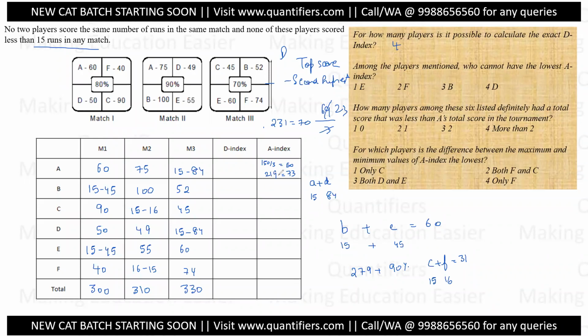समझ आया मैं कैसे लिखा ये बात? आपको बार बार मेहनत करने की जरूरत नहीं है. आपको पता है बेटा. See what were the 3 numbers you were initially adding? Initially you were adding 60 plus 75 plus 15 divided by 3. You found it to be 150 divided by 3. ये आपको मिला, right? Then you found that you have to add 69 extra. 15 की जगह 84 लिखना है ना आपने. बाकी नंबर तो सेम ही रहने वाले हैं. तो सिर्फ 15 की जगह 84 लिखना है. यानी कितना एक्स्ट्रा लेके आओगे आप? 69 एक्स्ट्रा लेके आओगे आप. ऑलराइट. So in the average you just have to write 69 by 9, 323 more. Is this clear? Yes or no?